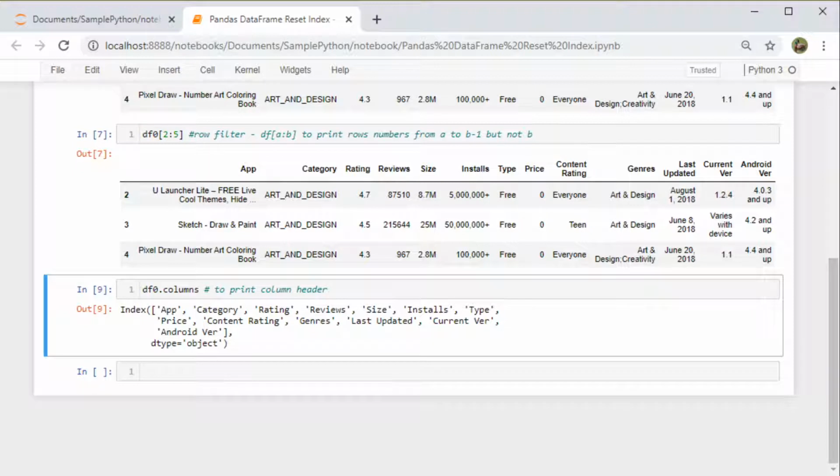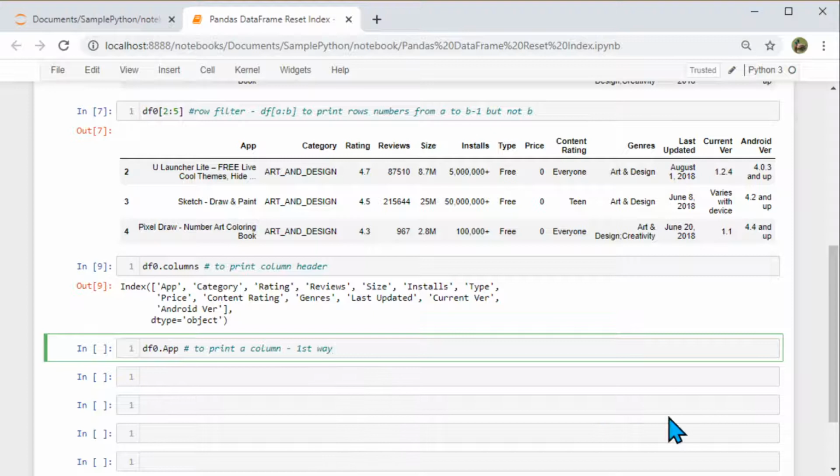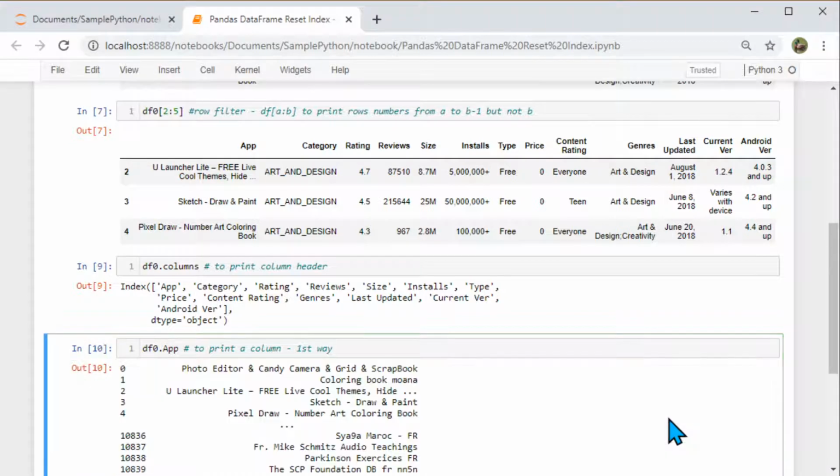Now if you want to display just one of the columns, if that is what you are interested in, we can do it in a few different ways. Let me insert a few rows. If I say data frame dot app, it will show just one column.